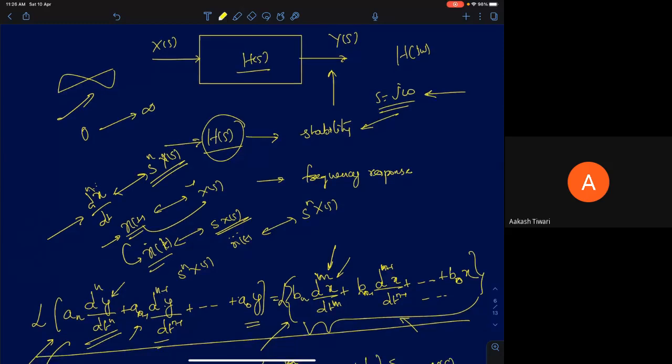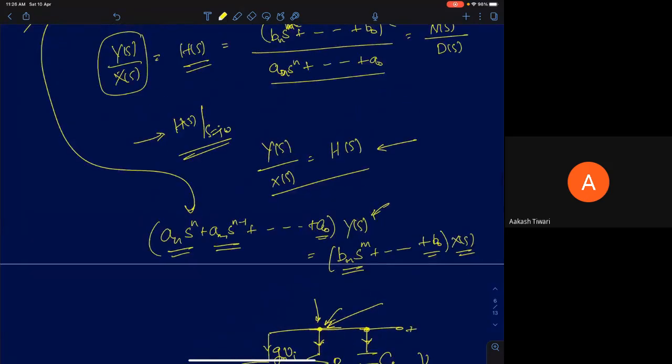Now, if you found the transfer function, from the transfer function directly you get all that information if you just evaluate it mathematically at s equal to j omega. So that's the power and advantage of a transfer function: everything you need to know about the system. Whether the system is stable or not, or how the system will behave for any given input, that information is contained in the frequency response. So that can be obtained from the knowledge of the transfer function. Okay, so that's the first thing.